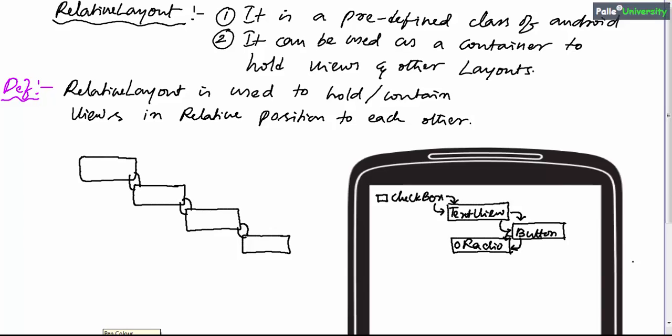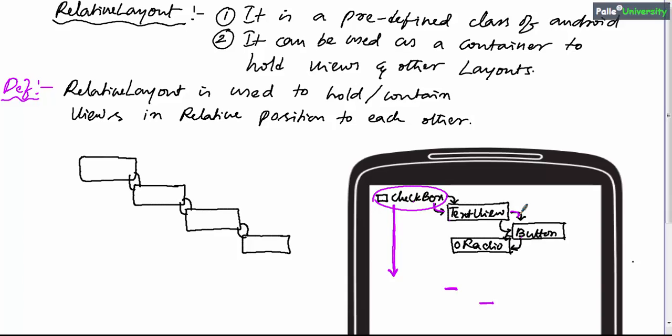Now imagine what will happen if I want to move this checkbox to this position. Since the text view is depending on the checkbox, when you move the checkbox downwards, the text view will automatically come to this position. Since the button is depending on the text view, the button will come to this position. That means it is almost impossible to move only the checkbox, because there are a lot of links here. So this is the biggest disadvantage of relative layout. It can easily corrupt your design.